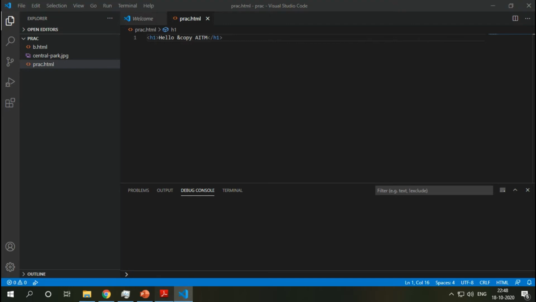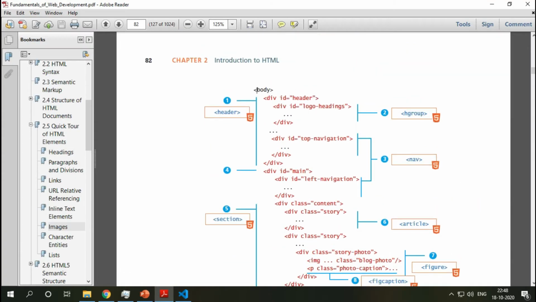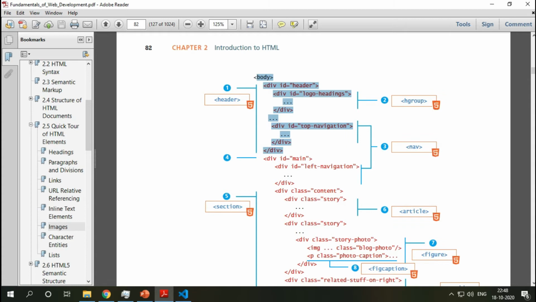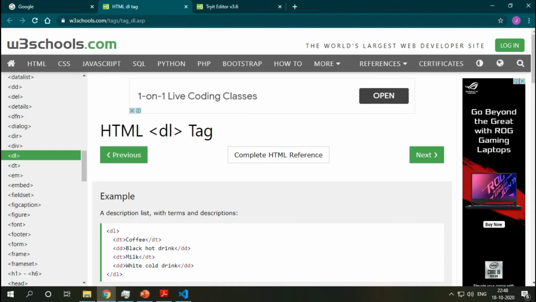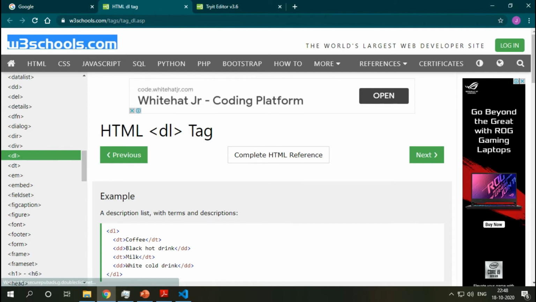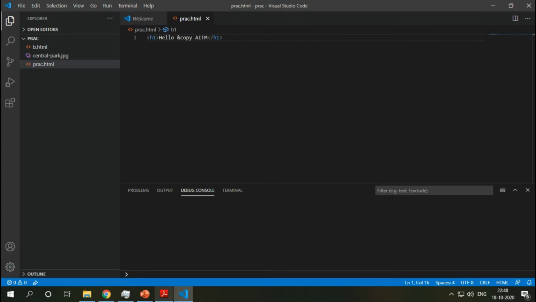First, HTML5 semantics. This was an XHTML file, and they categorized it so that this can be a header, where you can include your logo, your headings and all those things. The second one they recognized is hgroup, the heading group, the different types of headings that we will have. If you consider this page, this can be an H1, and another can be H2. So they found different types of heading groups.